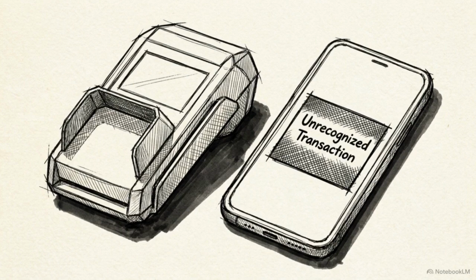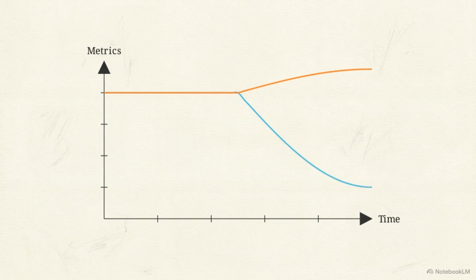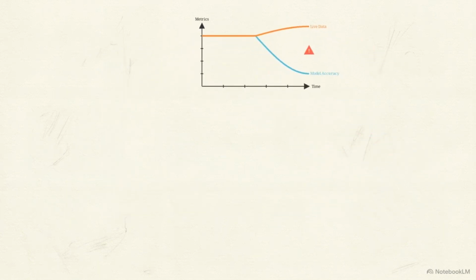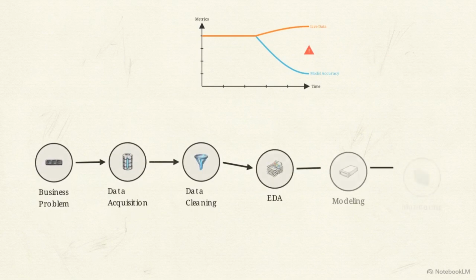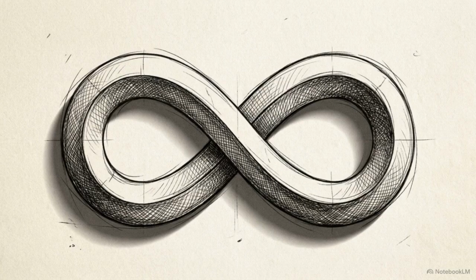However, consumer behaviors and fraud patterns constantly evolve. This divergence is known as data drift. It occurs when the live data no longer matches the model's original training baseline. Because of this drift, continuous monitoring is mandatory to detect spikes in false alerts and declining accuracy metrics. Detecting data drift triggers a retraining loop, pushing updated, modern data back into the modeling phase. The data science lifecycle functions as a self-correcting feedback loop, maintaining